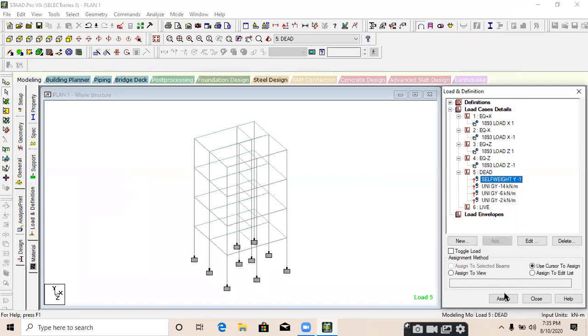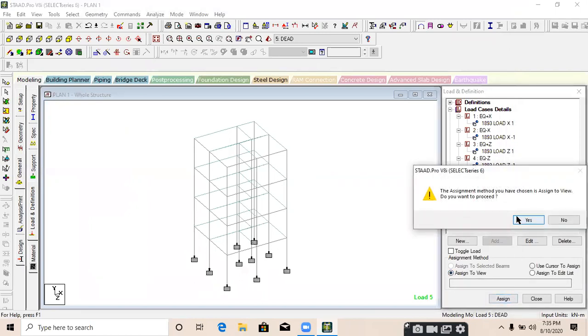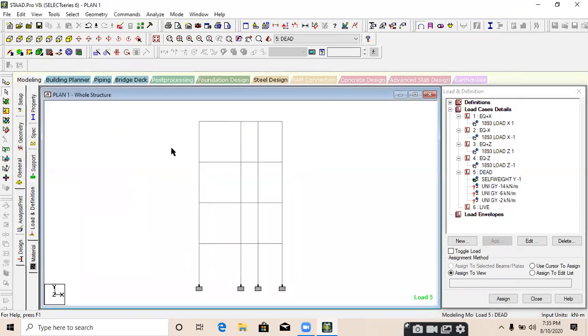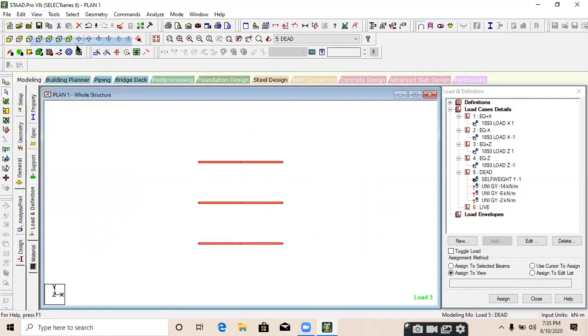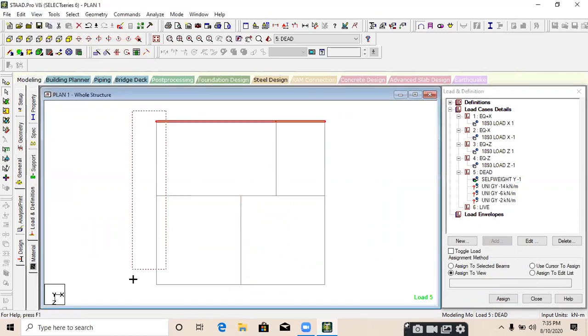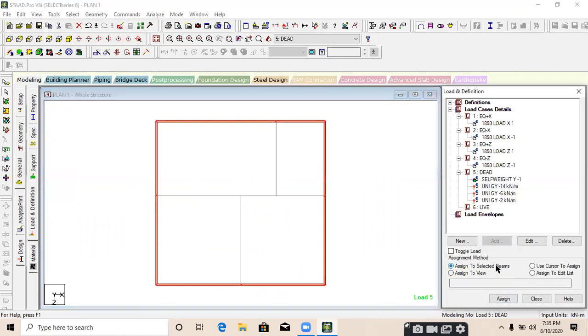Select the first one, self weight, assign to view, assign and yes. Select the next one, which is for all the outer beams. Go to view, selected object only, top view, select that load case and select all the outer walls, outer beams. Assign to selected beams, assign and yes.